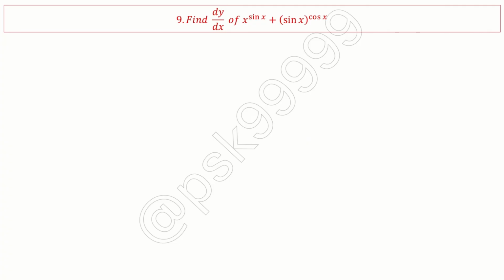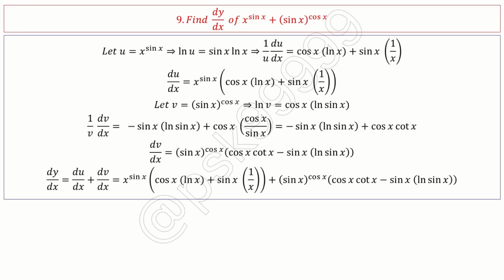dy by dx of x to the power of sin x plus (sin x) to the power of cos x. Again, you will consider u as x to the power of sin x and v as (sin x) to the power of cos x. Then solve the same using logarithm. Okay, so this is the answer here. You can cross check your answer. Next,